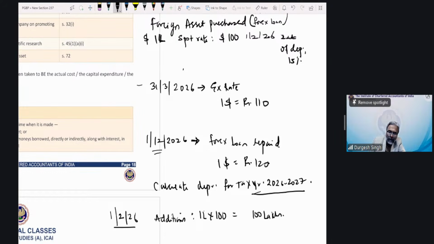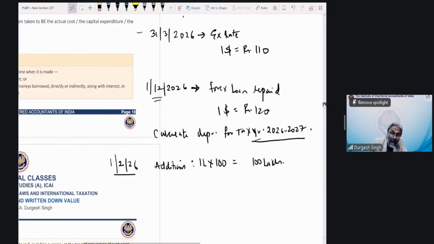Fine. Now, on 31st of March, there is a fluctuation which is reported at year end, but whether you are going to do the recognition of that exchange fluctuation, the answer is no. Section 42 tells you when to recognize. The recognition will be done, students, in the year of payment. So when to recognize: in the year of payment. Will you claim the deduction of the exchange rate fluctuation? The answer is no, because this foreign exchange loan was taken for purchase of the foreign exchange asset.